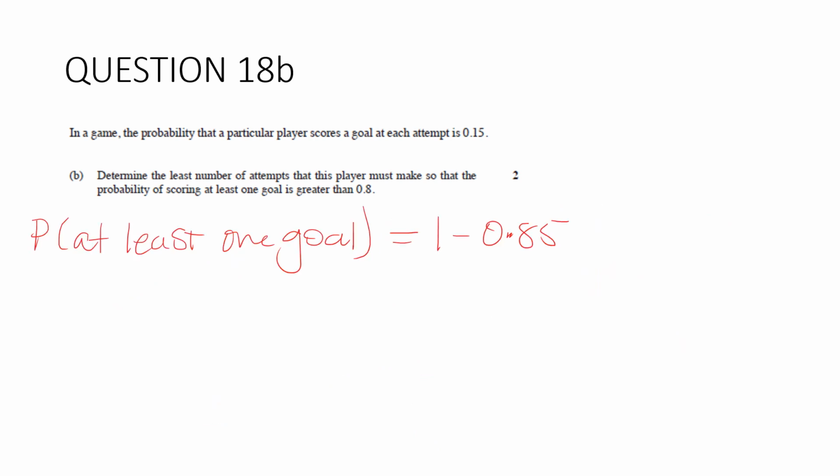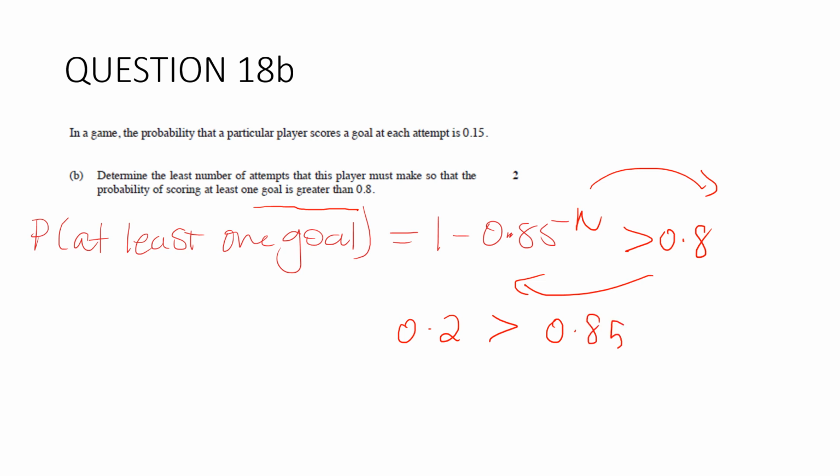Now if we want to take that to the nth degree, it's going to be 1 take away 0.85 to the power of n. So that's the probability that they score at least 1 goal in n attempts. And we want this to be greater than 0.8. All right, again, we're going to do that fancy thing that I just showed you. So 1 take away 0.8, 0.2, greater than